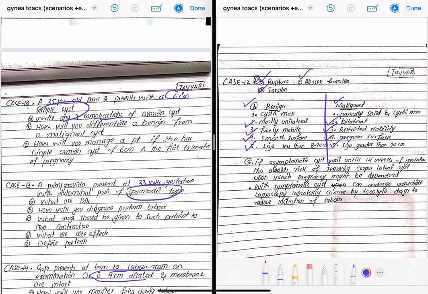How will you manage a patient if she has a simple ovarian cyst of 6 cm in the first trimester of pregnancy? So, if asymptomatic cyst,